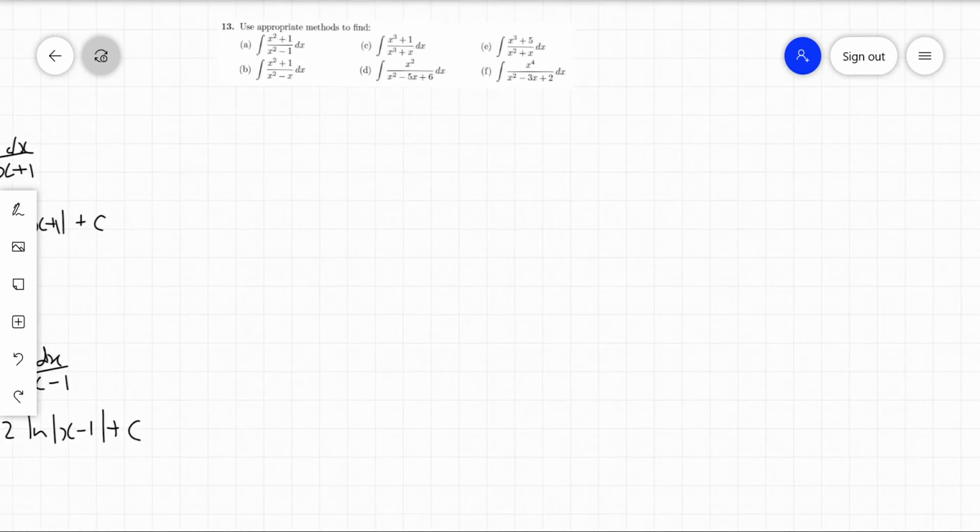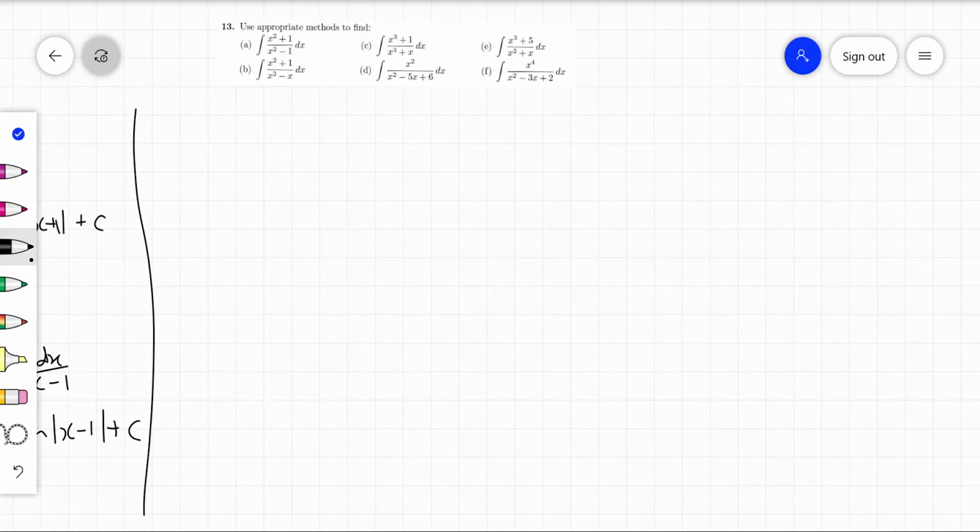So for C, we've got this cubic, and it's a cube on a cube, so this time we're going to get an A again. The B would be, if I factorize the bottom, I've got x and then x squared plus 1. I'll do it properly for you. All right, so